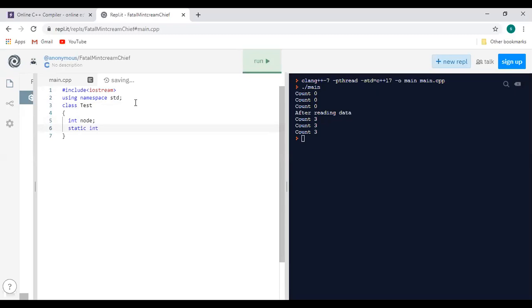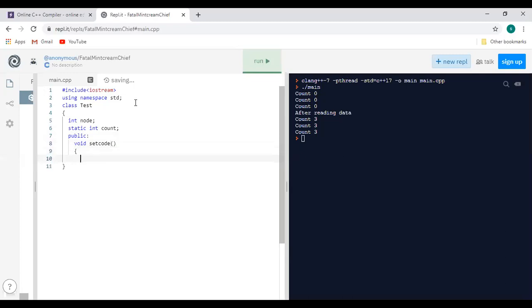We are using the same count again. After that, I'll use the public specifier. Next, I will write the set code function.